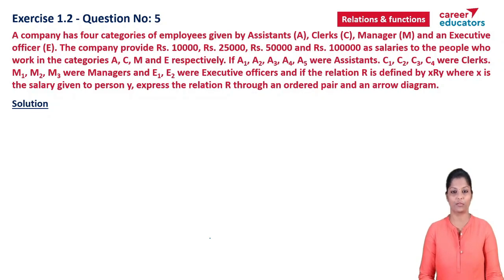In question number 5, they have given 4 categories of employees: assistants, clerks, managers and executive officers. And their salaries are given as 10,000, 25,000, 50,000 and 1 lakh. The relation R is defined by xRy, where x is the salary given to person y. We have to express the relation R through an ordered pair and an arrow diagram. Let's solve the problem. Given